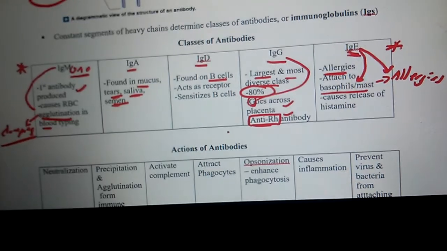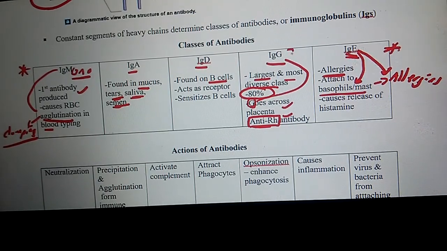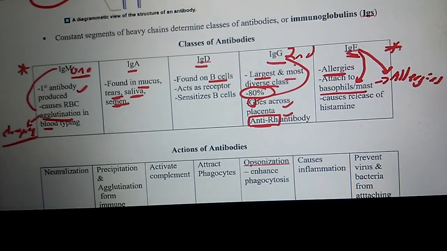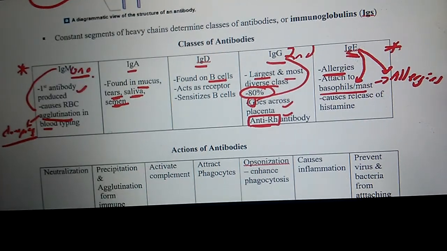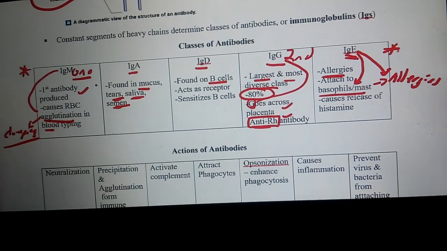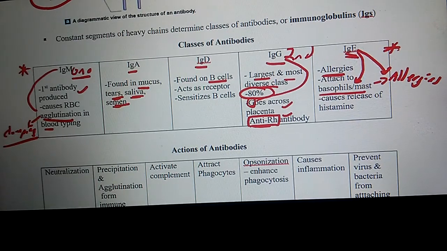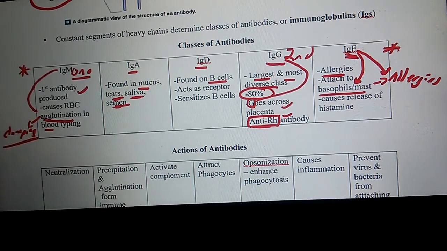Which is the first antibody to be released? IgM. Which is the second antibody to be released? IgG. Which one causes blood clotting? IgM. Which one's found on B